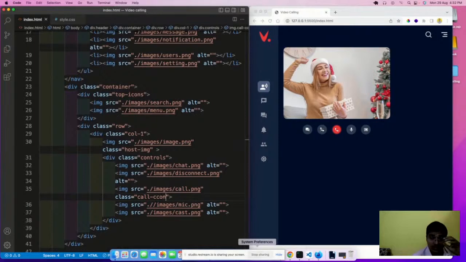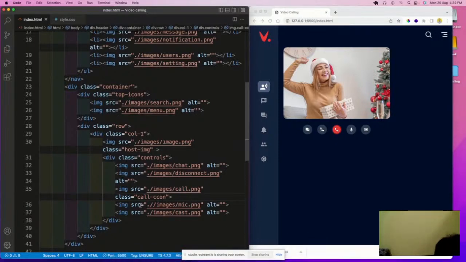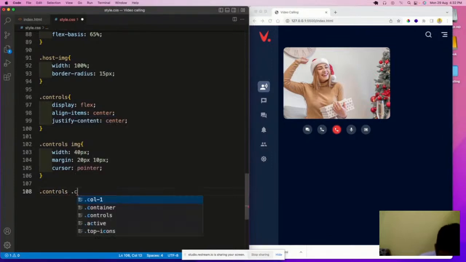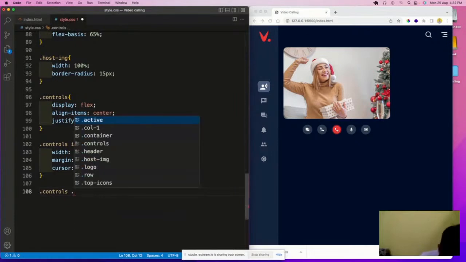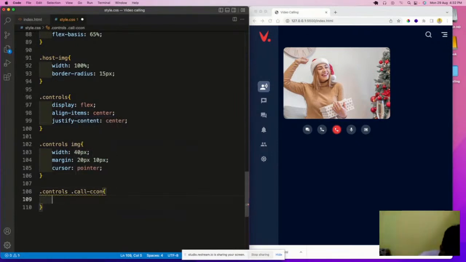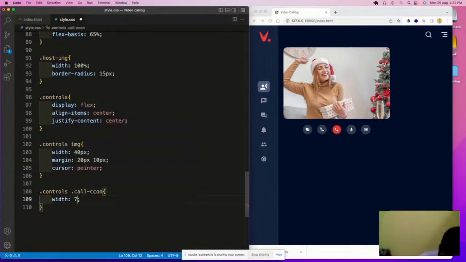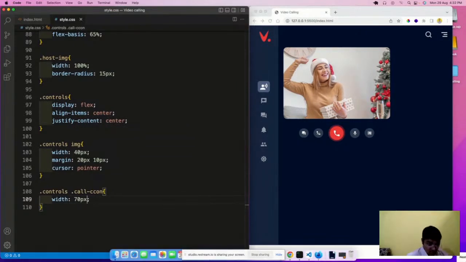A class here, call icon. So we will have dot controls dot call icon. What we will do, we will have the width to 70 px so that it looks bigger,